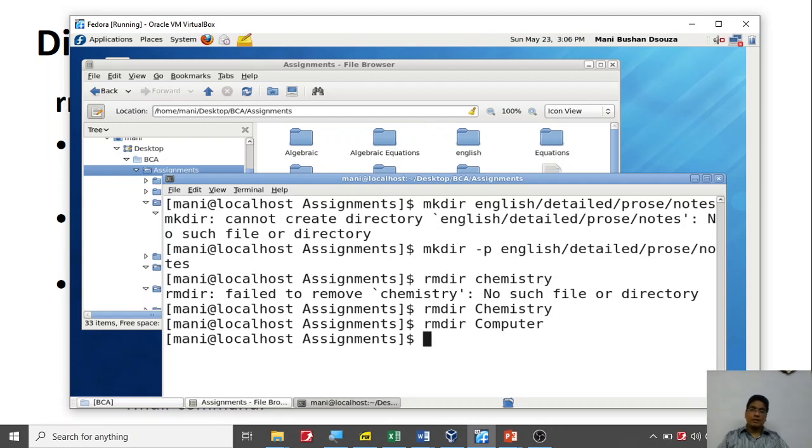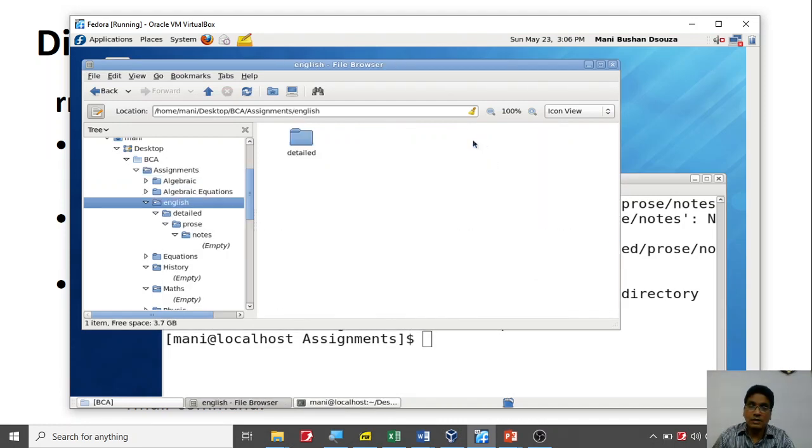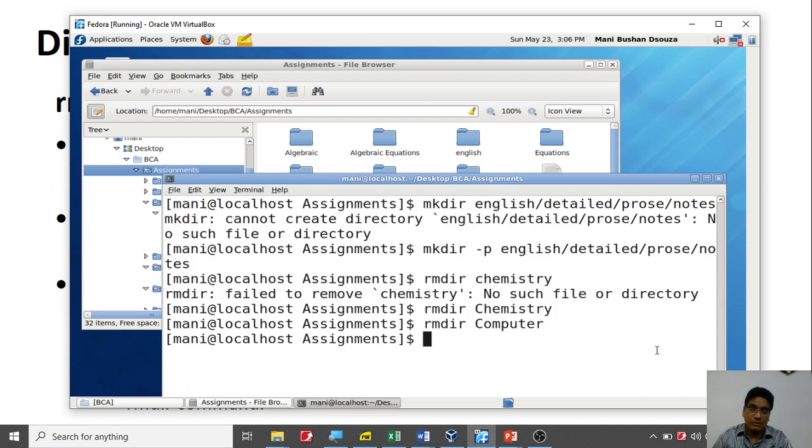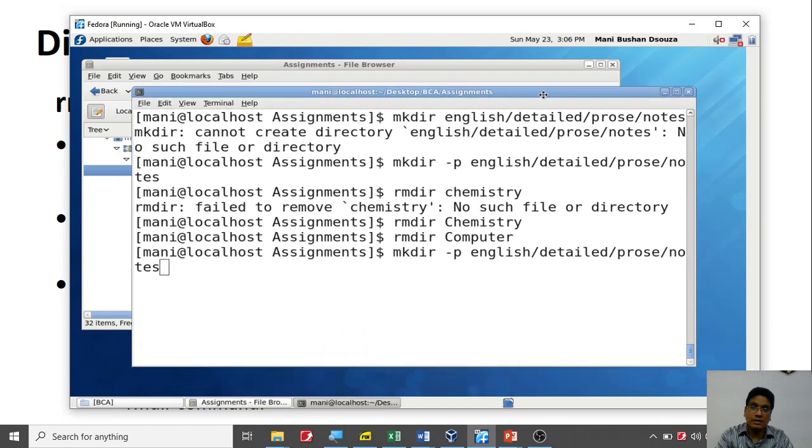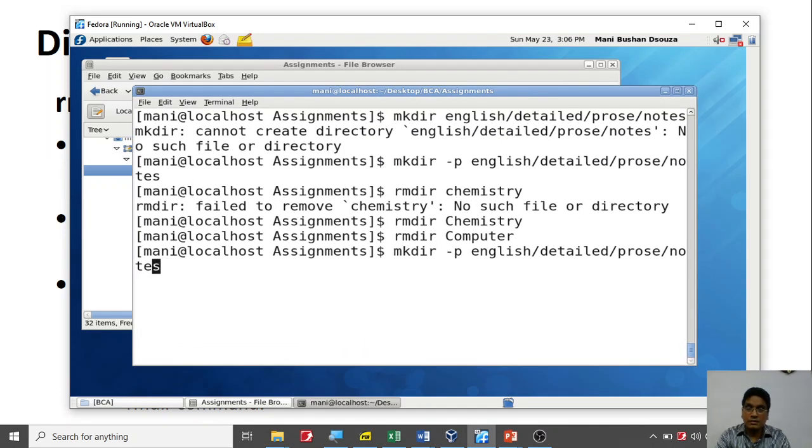So computer. Now if you created a lot of files inside English, there is detailed, non-detailed, and so on. What if you want to delete all of them? So how did you create it? By the way, English and all these subfolders of English by using mkdir and the -p option. The same way you can use rmdir. Remember, all of them must be empty, otherwise you will not be able to delete it. If you say rmdir and give all the list of the nested folder that you have created, all of them